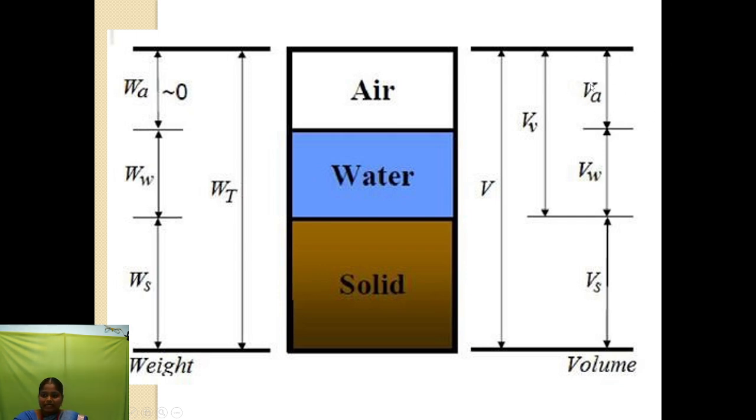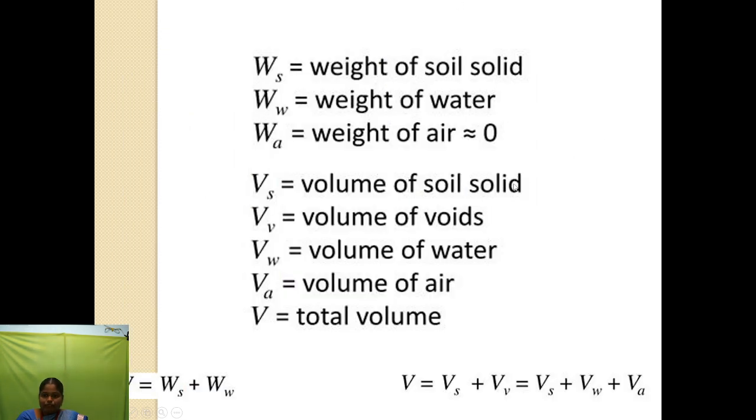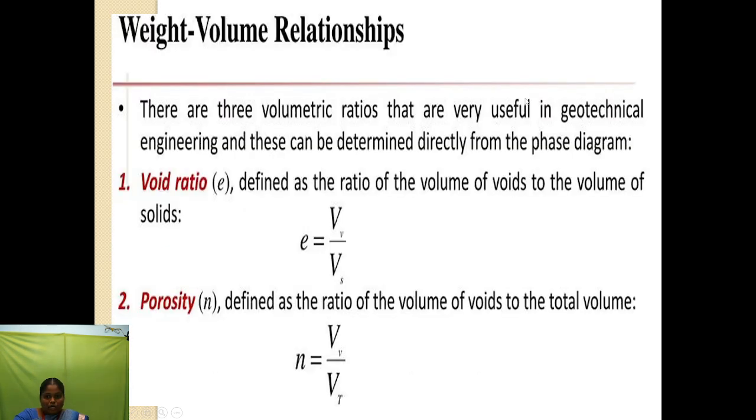So the volume of air content, volume of water content and volume of solid content are also calculated for the total volume content in the three-phase system. The total volume and total weight are also calculated from the weight of solid and weight of water, because the weight of the air content is neglected. So the total volume is also calculated from the volume of solids and volume of voids, including the volume of air content. So in the weight and volume relationship, there are three volumetric ratios that are very useful in geotechnical engineering,